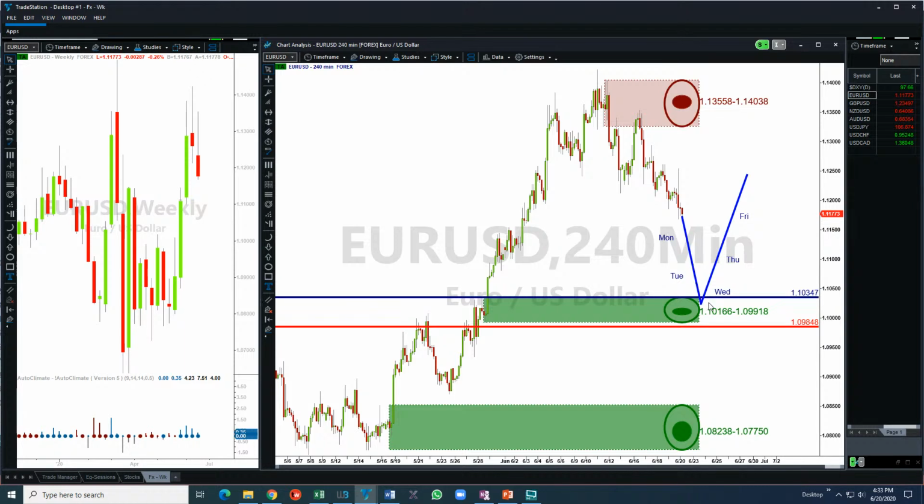on Monday, Tuesday. Wednesday, I'll expect some kind of a basing and a reversal. And a Thursday and a Friday, when I'm doing my short-term trading, I can be looking to go long the euro. Okay, so that is in a way another facet of this, the planning our trades on the weekends. We look at the markets and it gives us not just direction for the bigger trade, but also helps